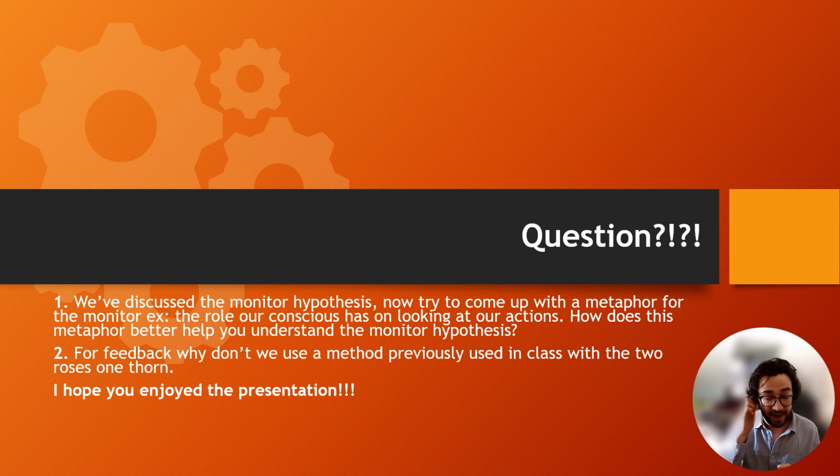For example, when I learned about the monitor, I thought of the role of our guilty conscience, like a Jiminy Cricket kind of thing, always watching our actions and judging them: was this good? Was this bad? And it's similar. If you are overly conscientious, you might apologize too often and correct yourself too often, and vice versa. If you don't have that conscience, you might act out. You might have a lack of control. People might not understand you as well.